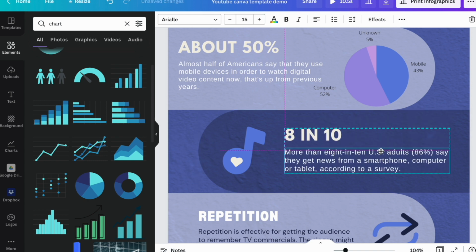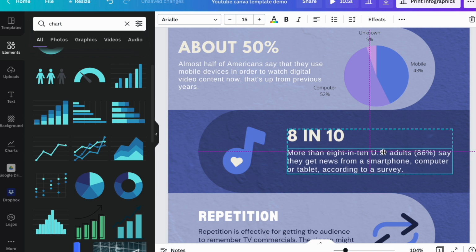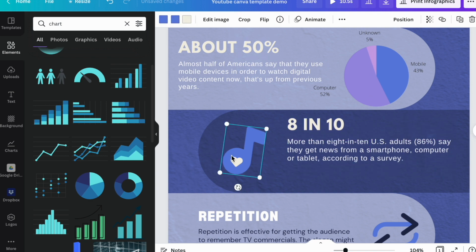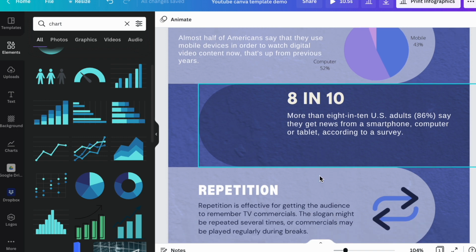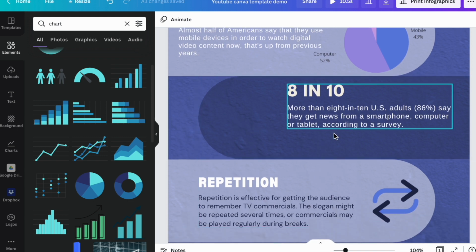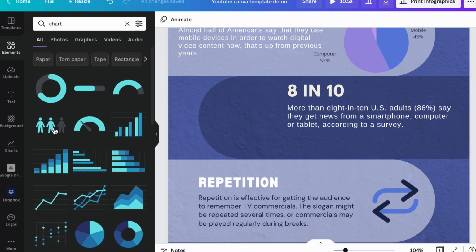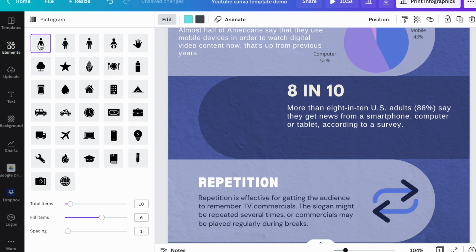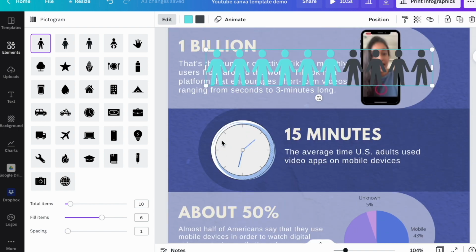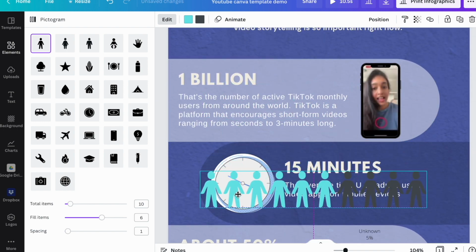Chances are, if you are doing an infographic, you're going to use a lot of numbers, and numbers can be really overwhelming. And you want to help with visualization. So this stat essentially says 8 in 10 adults get their news from smartphones, computers, or tablets, according to the survey from the Pew Research Center. I am going to click this multi-person icon here, and I'm just going to go with this person specifically, and let's see, where did it pop up? Oh, here it is. So I'm clicking here and dragging this down,